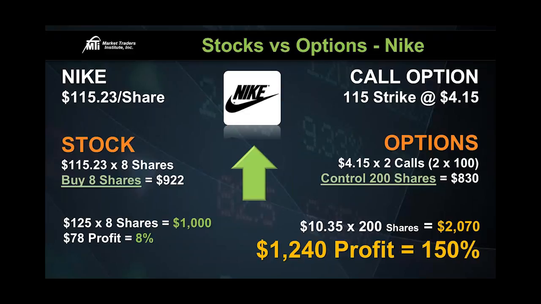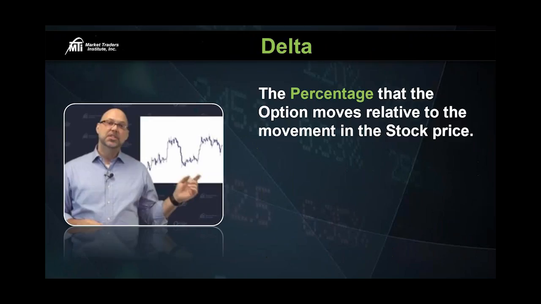Now, some of you might be thinking, well, William, the stock moved $10 a share. Our options moved 6. What's up with that? Why didn't we get the full move? That's because of something else I want you to write down. The next term I want you to write down is called the delta. I'll explain to everybody that options don't necessarily move in a 1-to-1 ratio to the stock. That's because the delta is the percentage that the option moves relative to the movement in the stock price. So let me show you how that works.